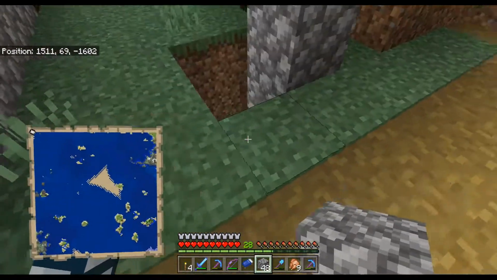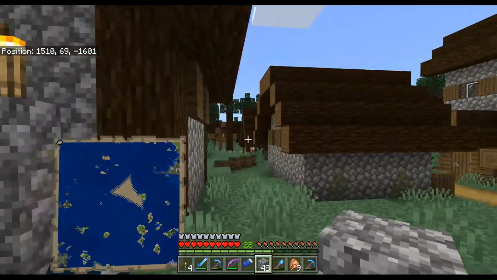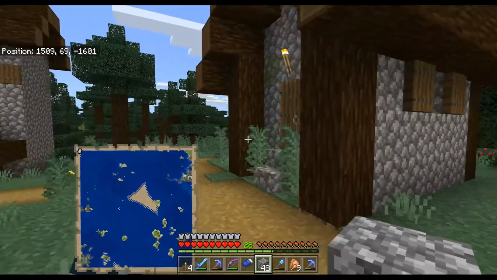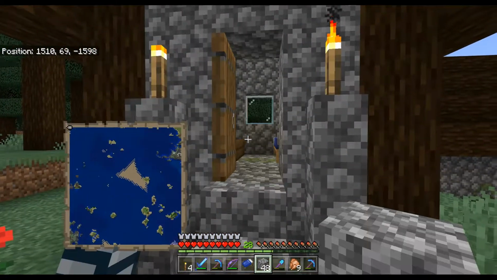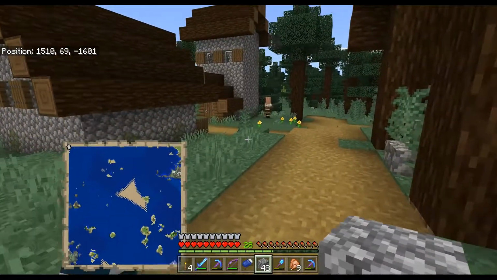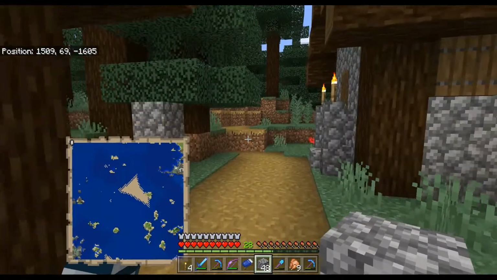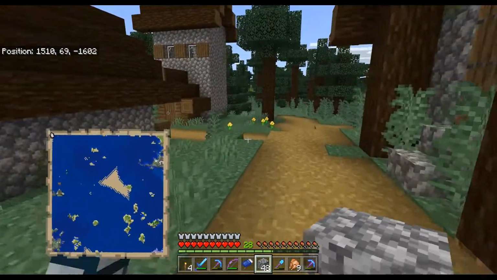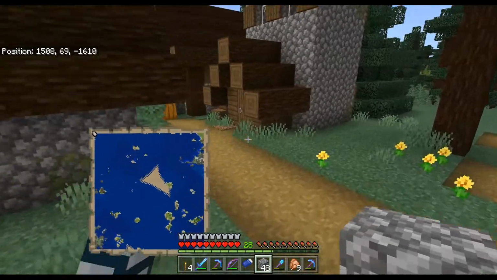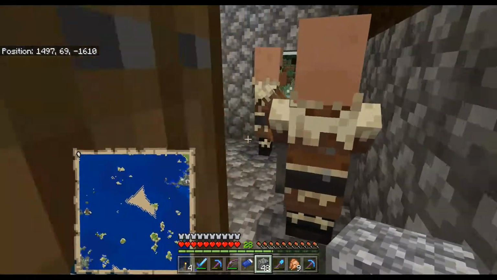So I just built straight up. Down there is the chamber. The fortress is directly underneath a village of all things, which is, I think, probably a good thing. So what I'm going to do now is I'm going to steal all the beds and doors and try to corral all the villagers, because this would be an excellent spot for...